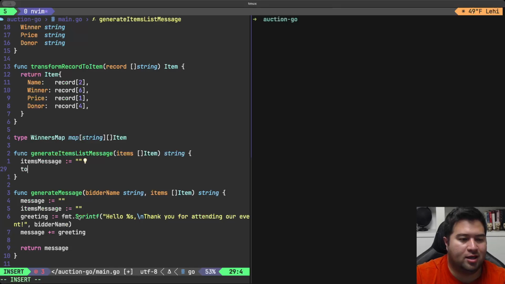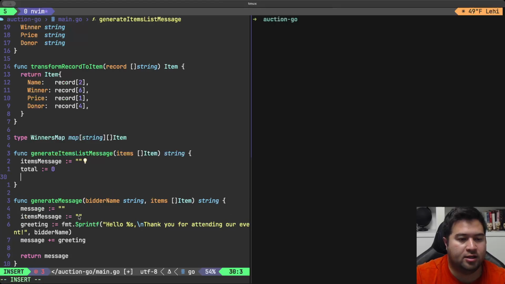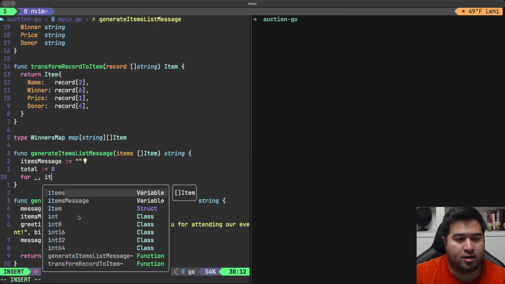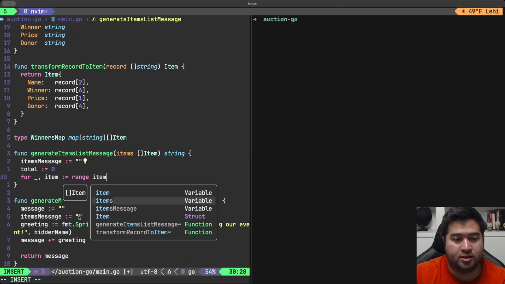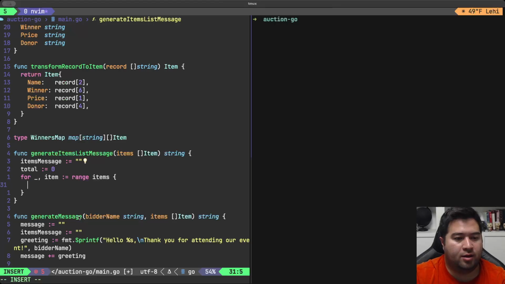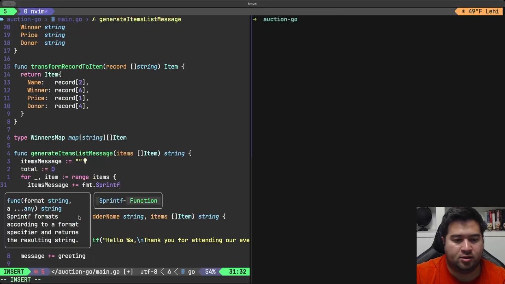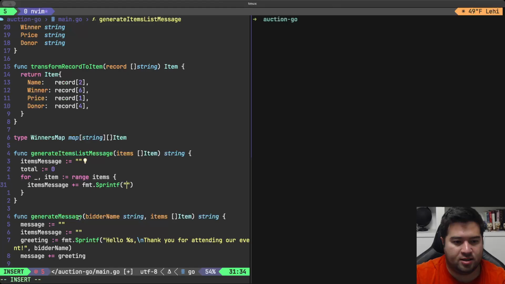Total here, and then I do know that as I'm going through this, I'm going to need to add a total here. So let's go ahead and iterate over the items here. Item range items. We'll say items message plus equals. We use our handy dandy Sprintf again and say we'll